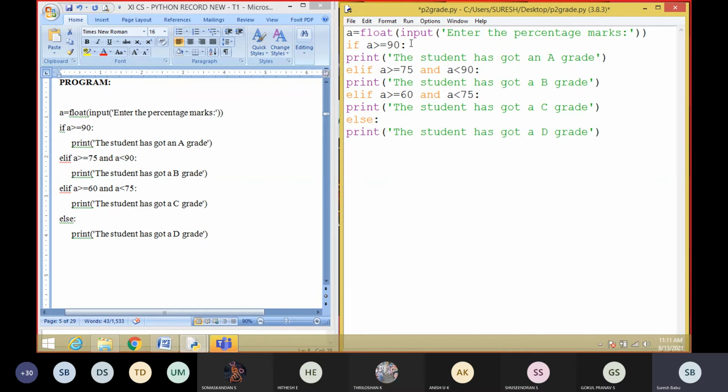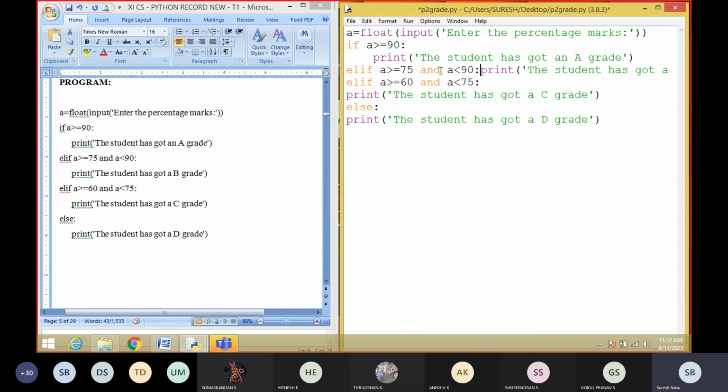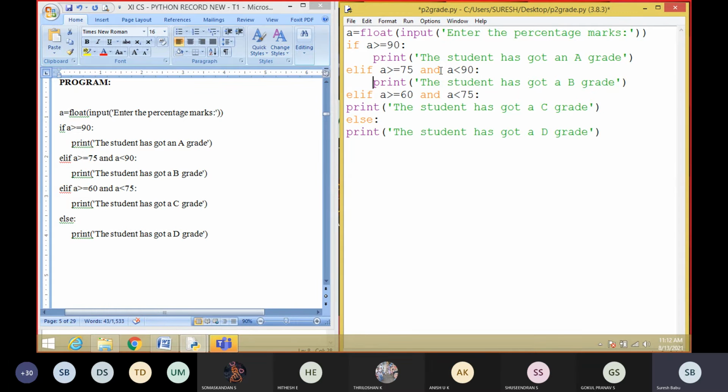So first step we are going to get the mark. Enter the percentage of mark. Second, the first condition, if the mark is greater than or equal to 90, we are going to print the student has got an A grade. Suppose he got less than 90, it will check the next condition, elif whether the mark is in between 75 to 90, we should print the student has got a B grade.